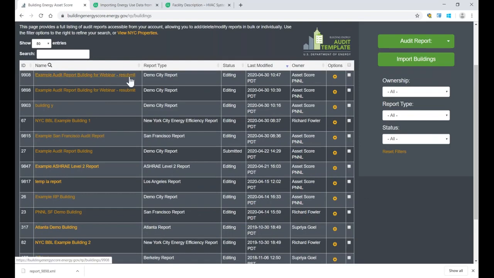Maybe you imported the wrong building and you want to delete that. If you select the options gear icon, you can delete your building. You can also share your building rather than going through the steps I identified earlier. This will take you to the share screen. On the far right-hand side here are the ability to